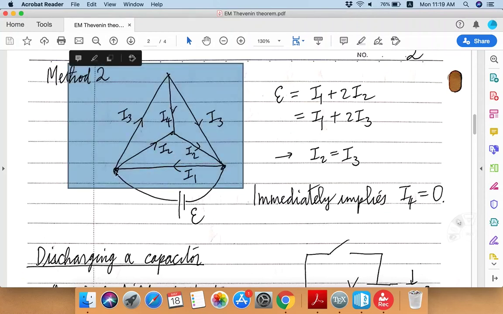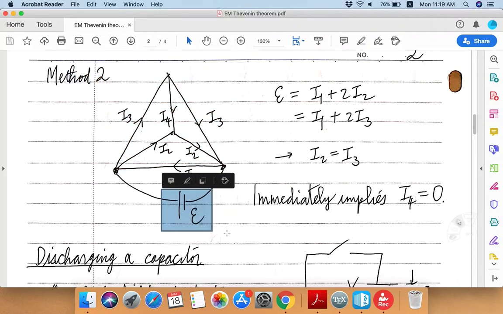And then this is A, this is B, and you're connecting the two nodes with some EMF, and therefore there will be some current going through all the edges. Again, just by looking at the symmetry of this whole thing,